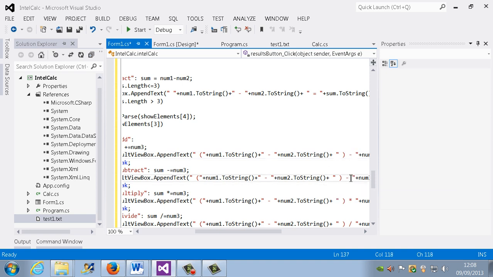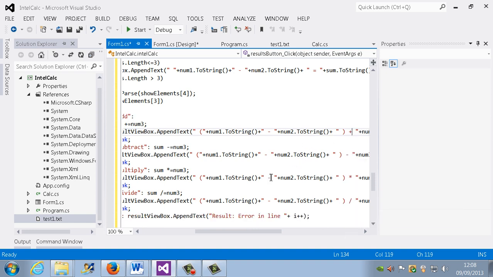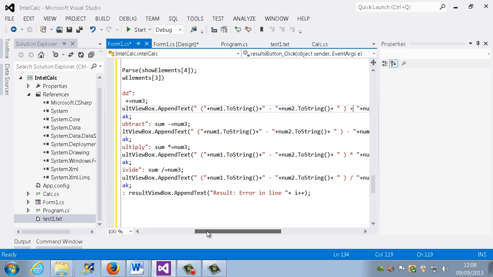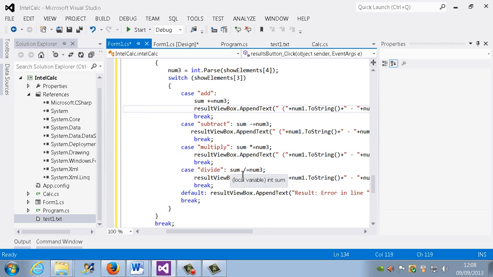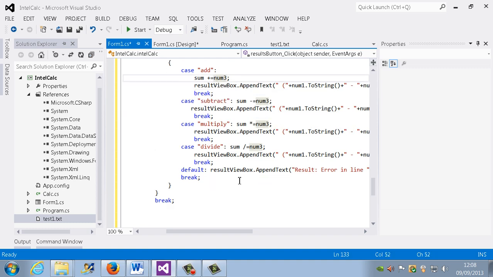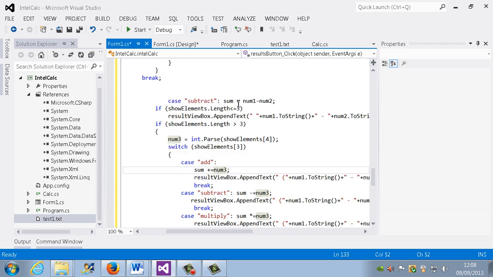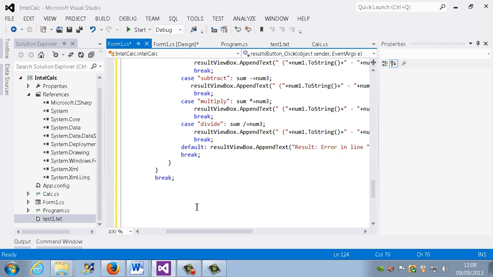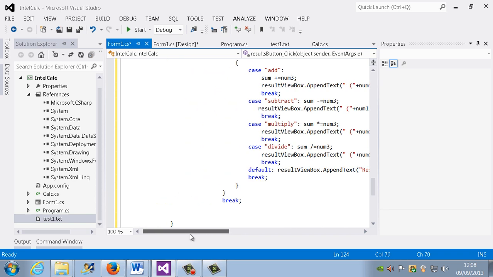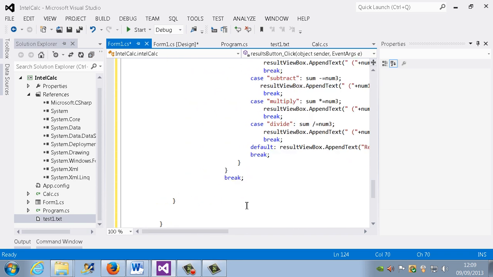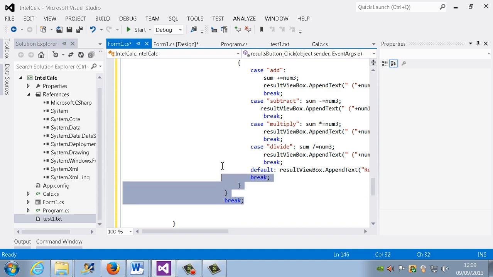That one's gonna be, oh sorry, this one's plus, that's correct. That one's minus, that one's multiply, and that was divide, correct. The arguments, yeah, that one's correct, that one's correct, that one's correct, and that one's correct. Yep, so that looks pretty much fine for me. The first one's done, so that's okay, it looks good. So what I'm going to do is I'm going to do it again, copy it,